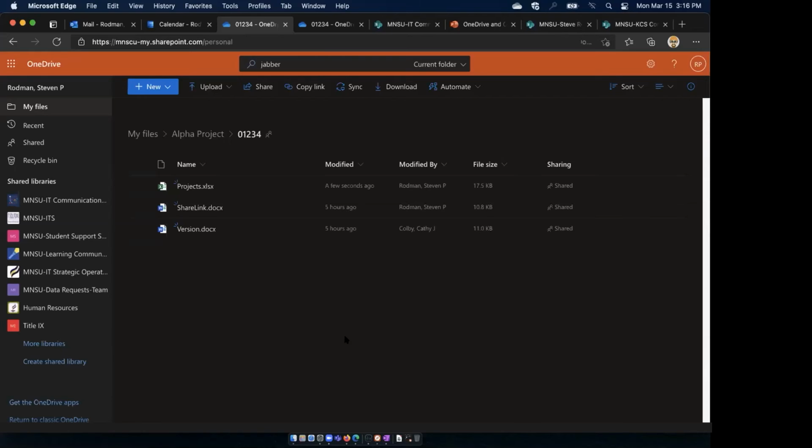And along with sharing comes multiple access, people changing things, working together collaboratively. So we can see here the last people to modify the files and a general time frame of when they were modified, and then again, whether or not they're shared. One of the other nice things about having things up in OneDrive is if I click on the projects,